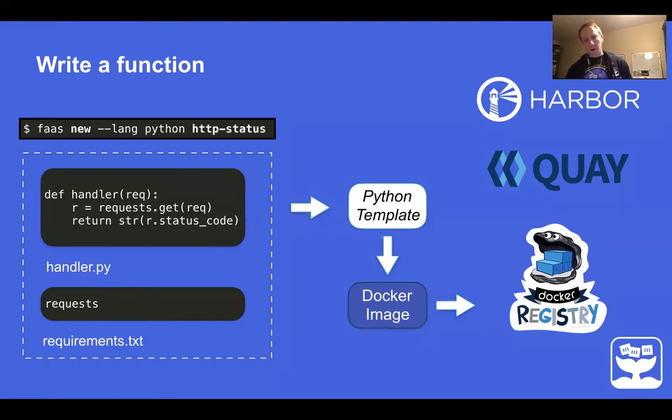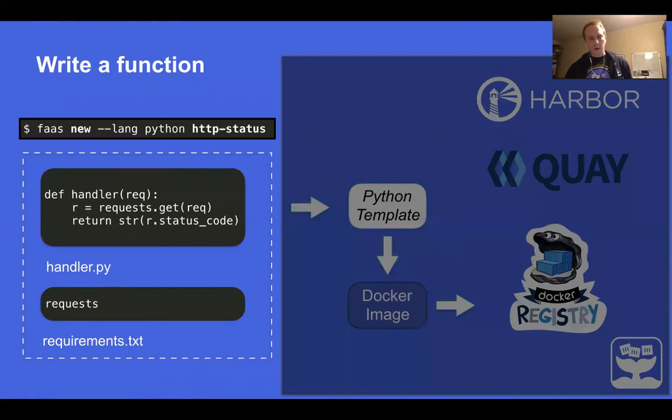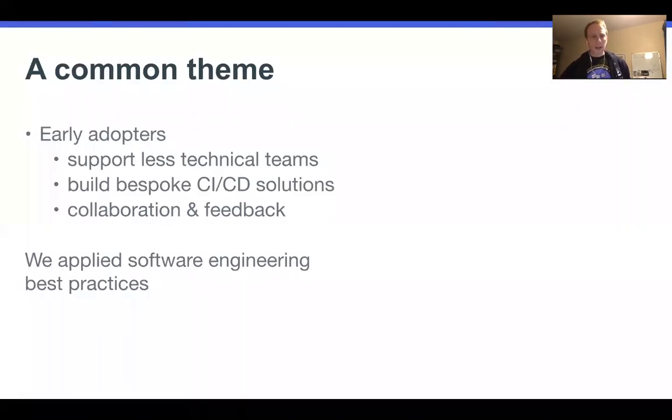Okay, but really, if you look at this overlay here, everything on the left is what Patricio's developers care about. And the guys in the larger teams like BT Research, they have engineers who just know how to write Python code, and they don't really care about the infrastructure or anything else that's going on. They want to write the handler, put it somewhere like in Git, and have all of the rest taken care of for them. So just keep that in mind for a minute. So this common theme was noticed.